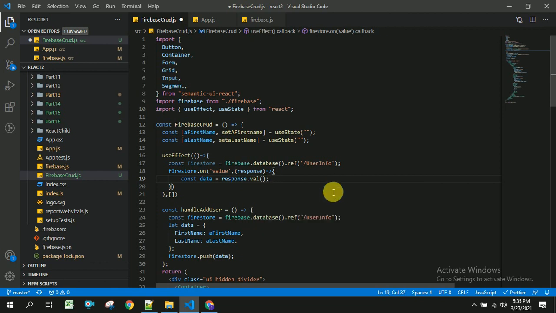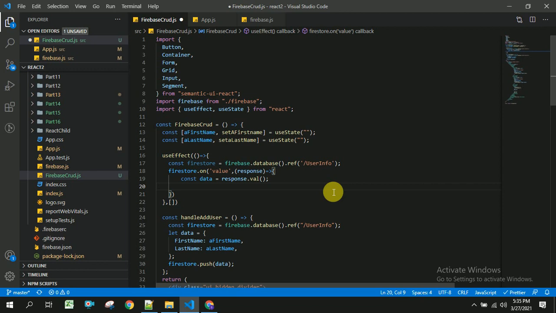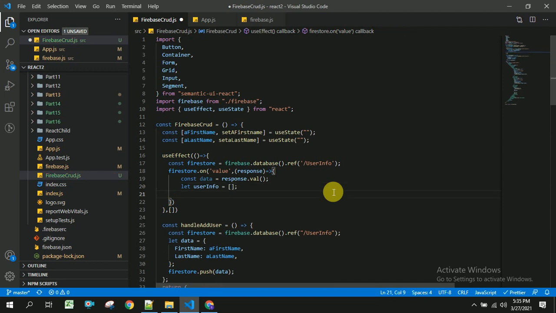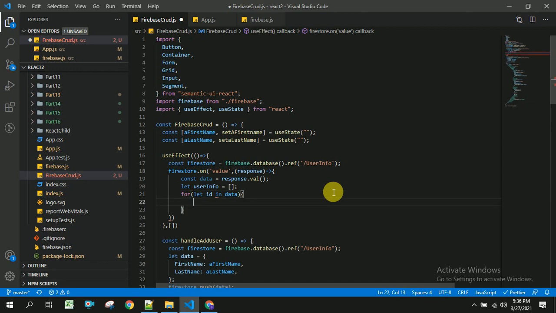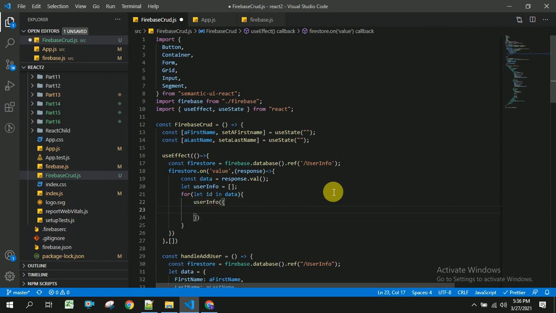So this is the function, and I am going to take a temporary data variable in order to store the user data we are getting from the database. It will be in the array format. I am going to loop the data, let id in data, and inside this loop I am going to push the data into our user info that we have created.